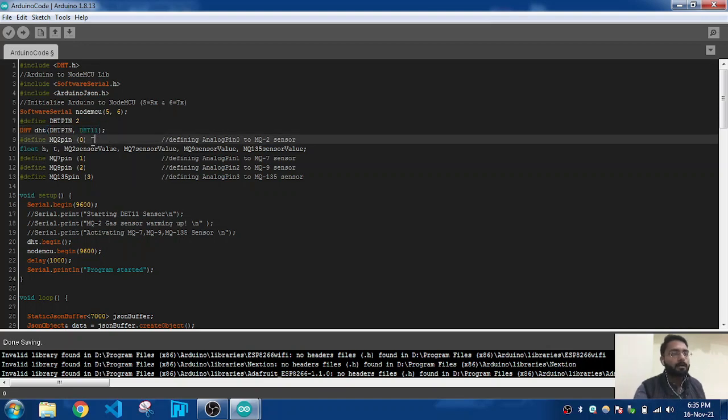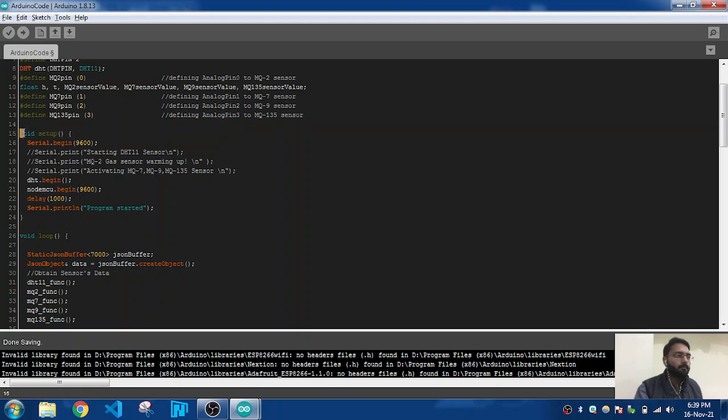Just like that, I am defining MQ2 pin to analog pin A0, MQ7 pin to A1 of Arduino UNO. Same goes for MQ9 pin A2, and pin A3 for MQ135.